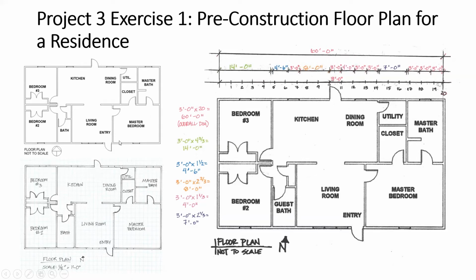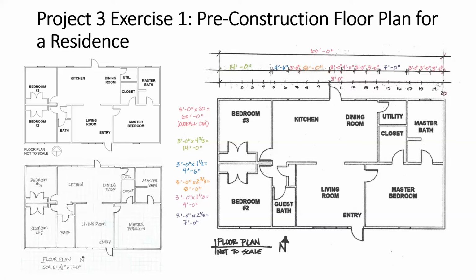So again, just a quick summary. What you do is you determine that this front door here is 3 feet wide, and then you divide the length of the space here into 3-foot increments, numbered here as I've done, each one of these being 3 feet. And then you determine, of course, the width of each of these individual spaces and then multiply by 3 feet. So you can get a rough idea of the sizes of these spaces.